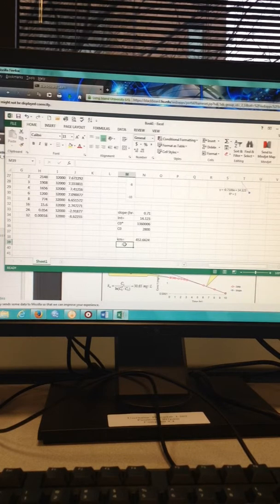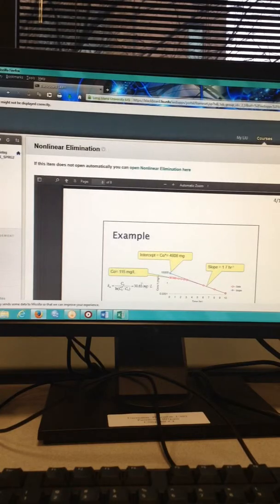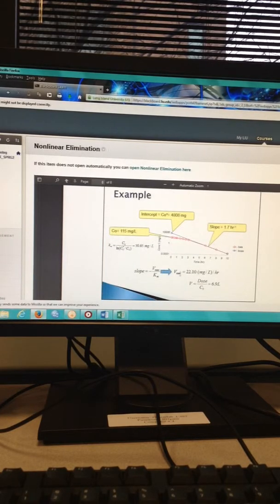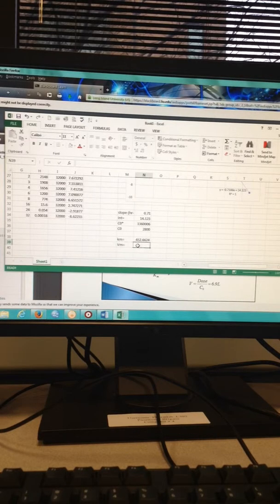What is Vm? So Vm, I'm going to look at here, Vm is equal to the, okay, so Vm will be the slope multiplied by Km. So I go back here, so this one is going to be equal to the slope multiplied by